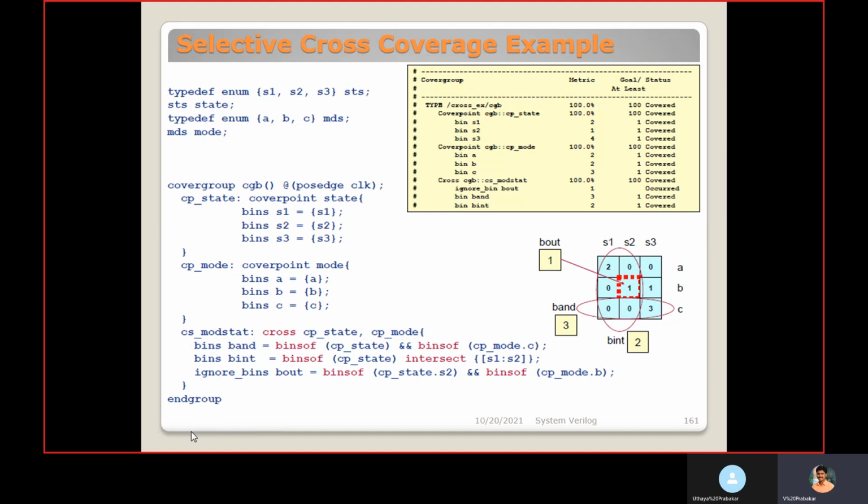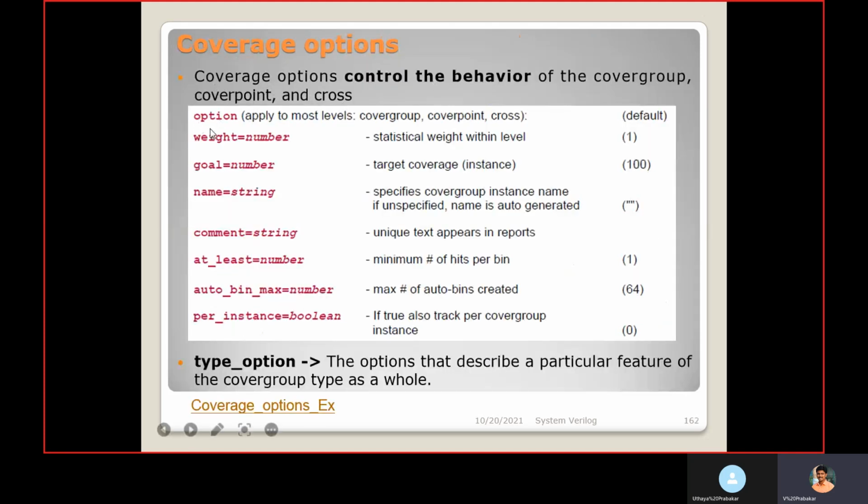Then coverage options. Coverage options control the behavior of the covergroup, coverpoint, or cross coverage. So these are all the options we can use: option dot weight, option dot goal. Likewise, we can mention them.